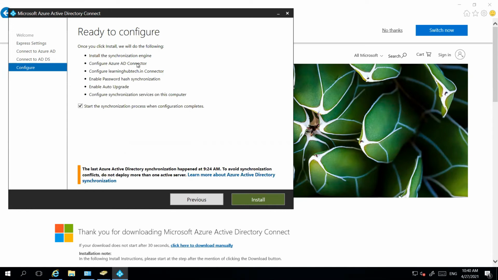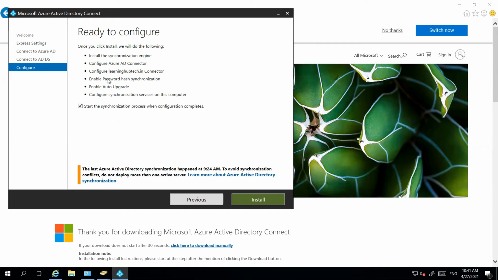Configure the learninghubtech.in connector. Enable password hash synchronization. This one is important. What is this password hash synchronization? That's what we are going to understand. Other than that, enable auto upgrade and configure the synchronization service on this computer. All these things are going to be configured, but we are going to focus on password hash synchronization. What is the meaning of it?